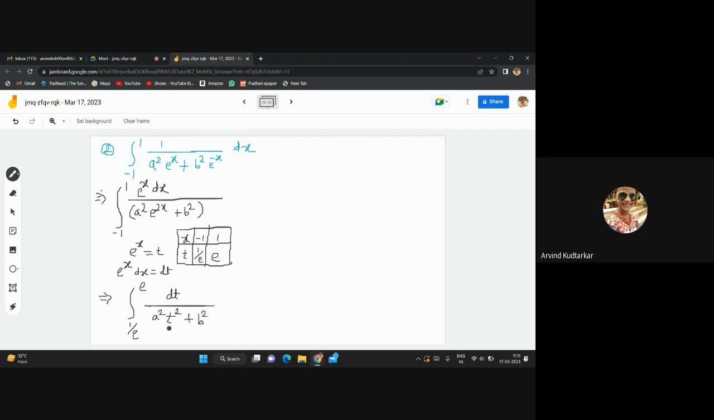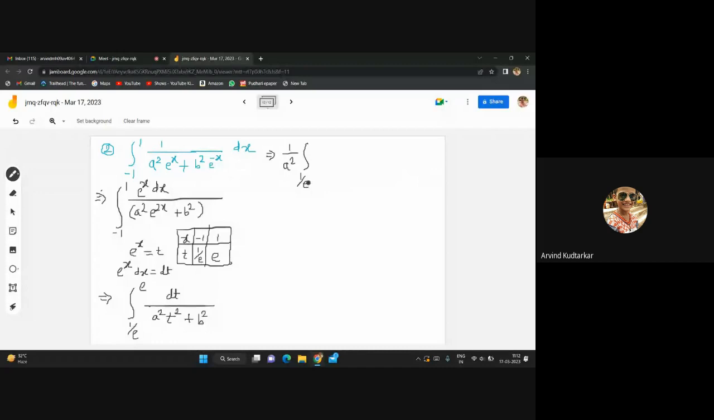So it means that you want their unit coefficient for t square. And how you get it there? Unit coefficient, हाँ जो a square है तो बाहर गया. You take their a square as common, but a square is constant, take it outside. So 1 by a square times into integral from 1 by e to e